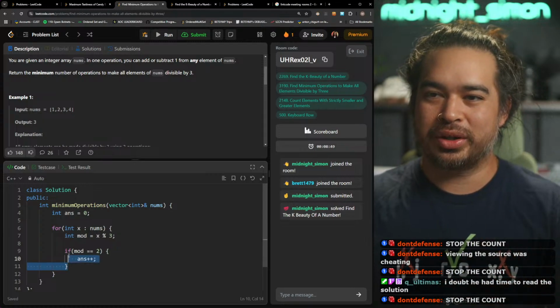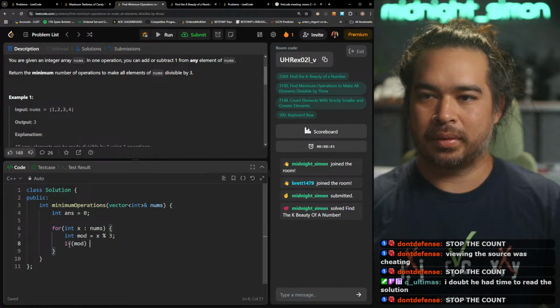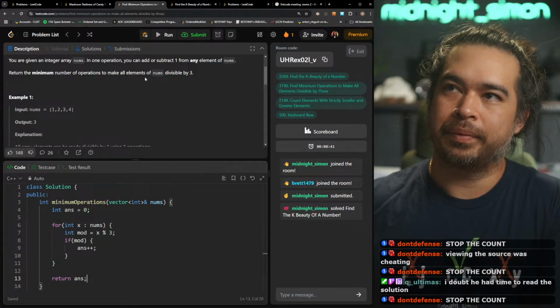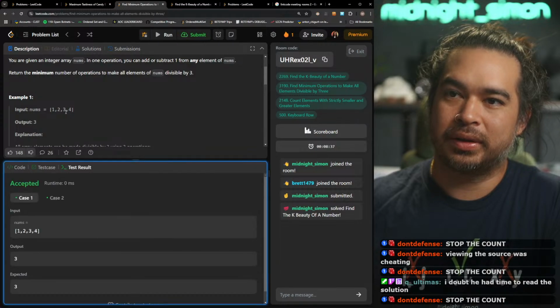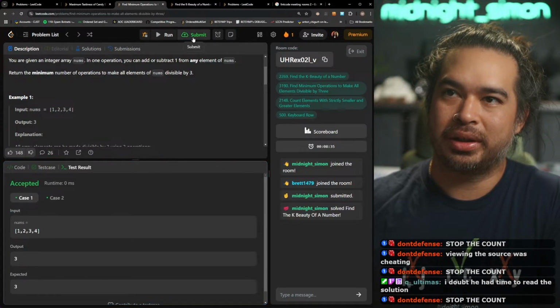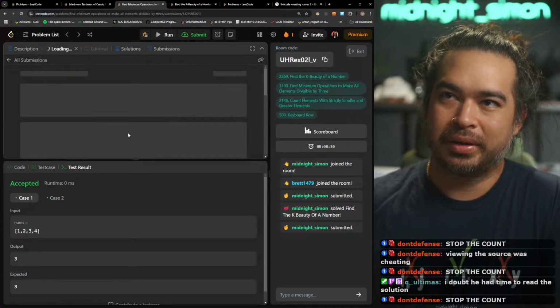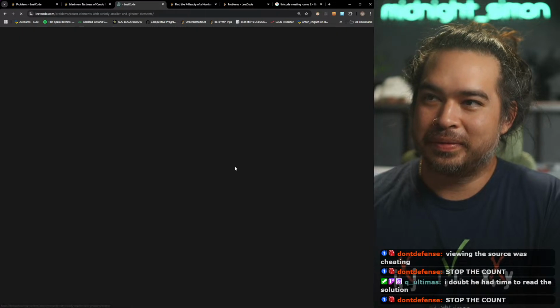Is this a trick question? Because it's either mod 2 or mod 1, and then you just move up or down from there, right? All right, there's 2.